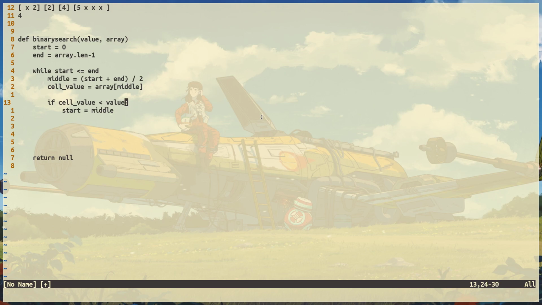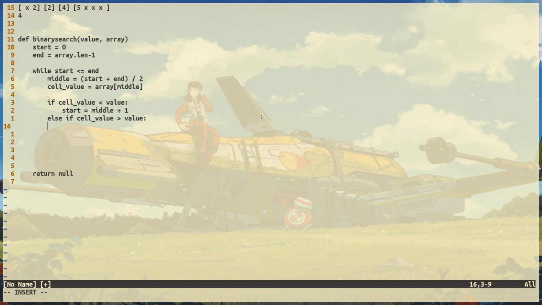It guarantees that the cell value is not equal to our value, which means we don't have to check the middle again, which means we can just increment the middle by 1 as the point to move our start value. All right, and then the other condition would be our cell value is greater than our desired value,